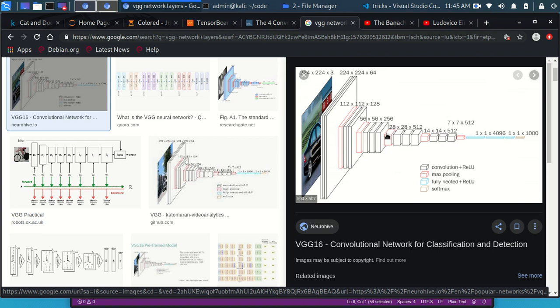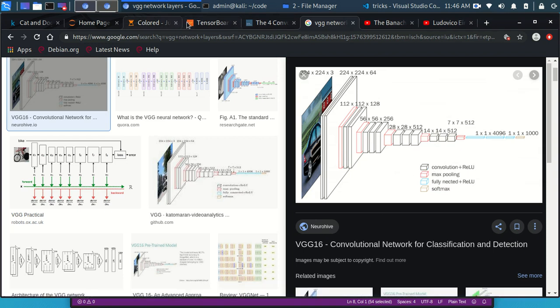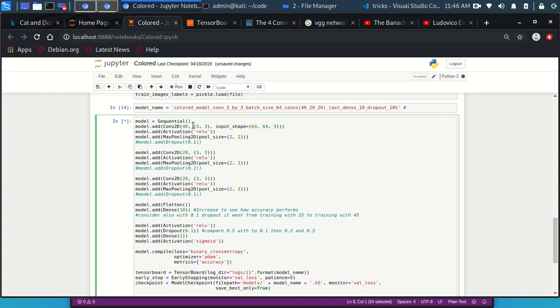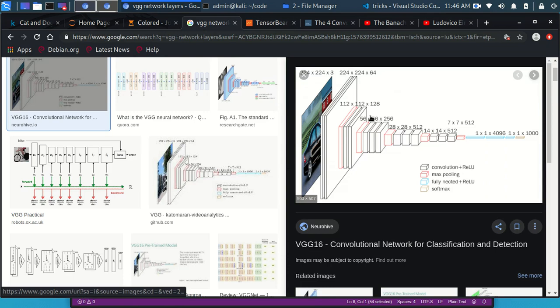It does another max pooling and another max pooling, and at this point it decreases the dimensions to a smaller one, from 28 by 28 to 14 by 14. So here we can see how they've labeled the layers by color. So the black ones are convolution plus ReLU, similar to what you have here, convolution and a ReLU. And the next step is max pooling, which you also have here, 2 by 2, which now basically